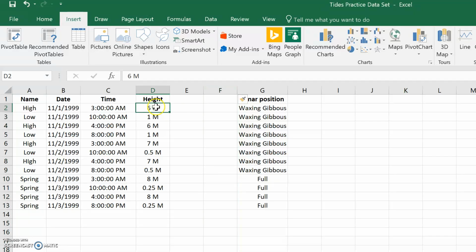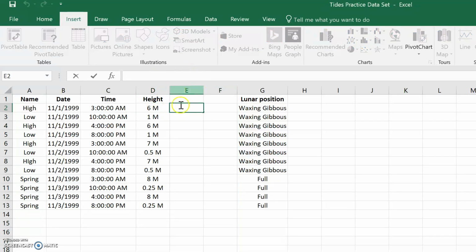So what I'm going to do is insert two blank columns, and I'm going to write a function to remove the M, the meters, and also the space. All functions always have to start with an equals sign. So equals left, open parenthesis, click on, and this time, sometimes we have an issue with this. I need to get rid of that little box. There we go. Sorry. If you click on this little box, you can drag it around. I need it to move because I need to select this column. So I'm going to select that column, comma,